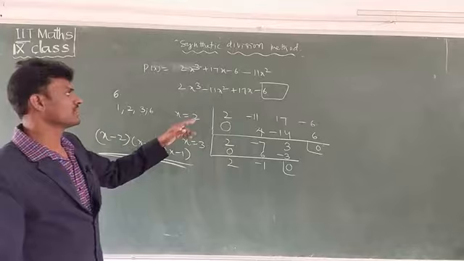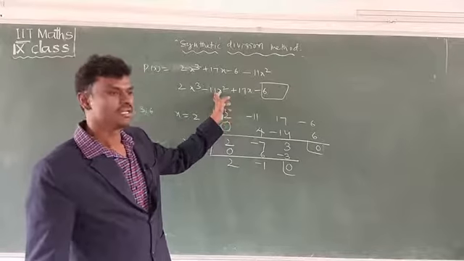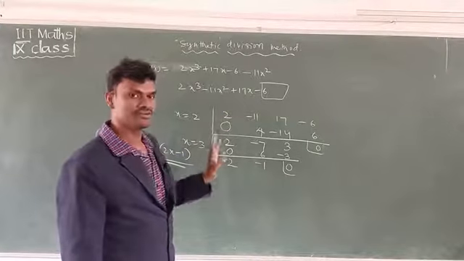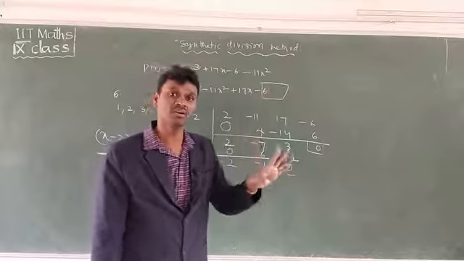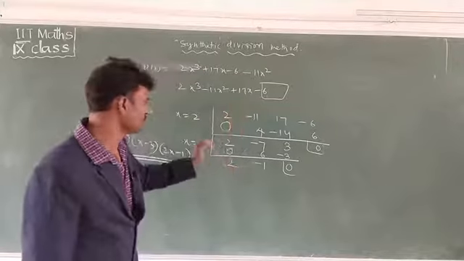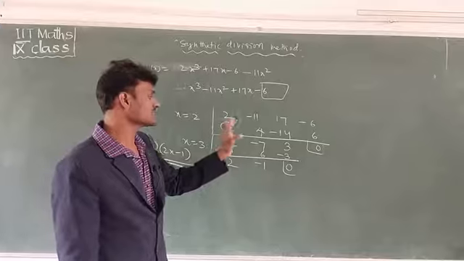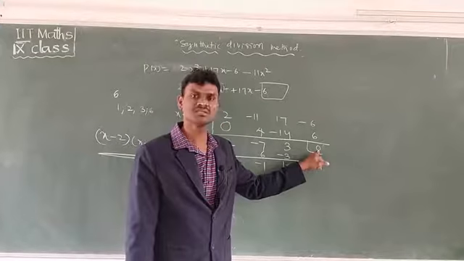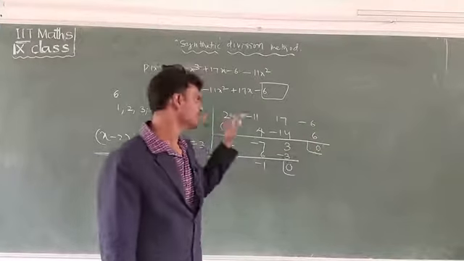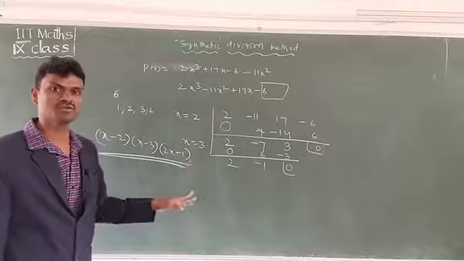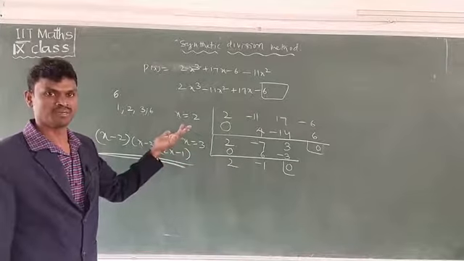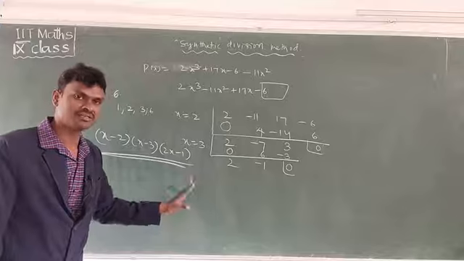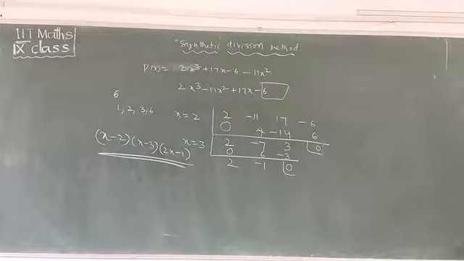Okay. Whenever they give one polynomial like this, you can take here 2 or 3. If you don't know, you have to write all factors of the constant. Whichever factor is suitable, you can take here. Then if the last digit becomes 0, this is a factor. Otherwise it is not suitable; then you can go to one more number. Okay, understand clearly, children? Now we have to discuss some problems.